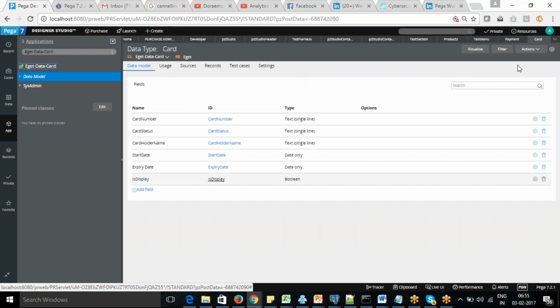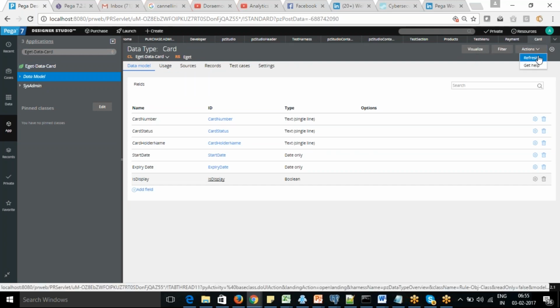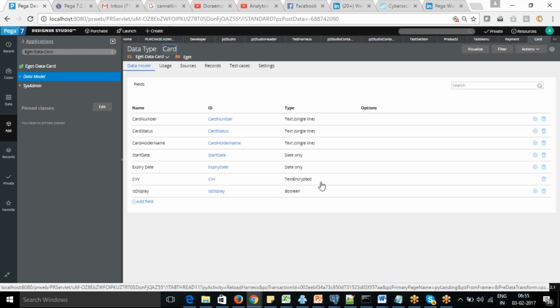Then if you replace this one, you will see the CVV as well here. Yes, now you can see the text encrypted here. Otherwise we are not able to create text encrypted here, so in that case we can create it this way. This is just to create a fast layout.